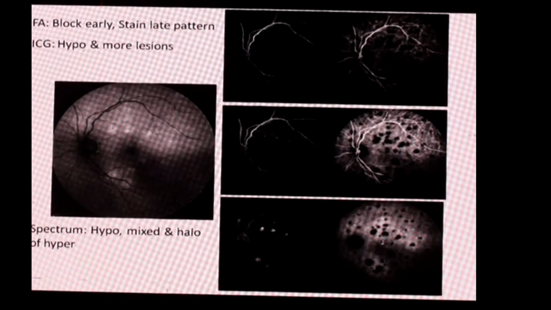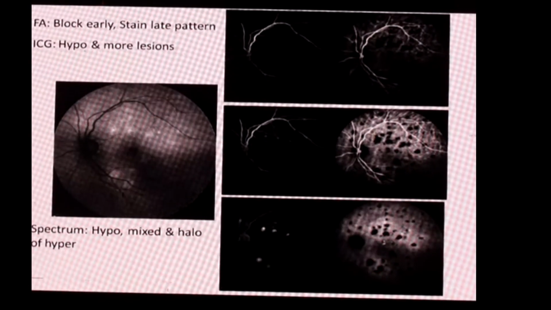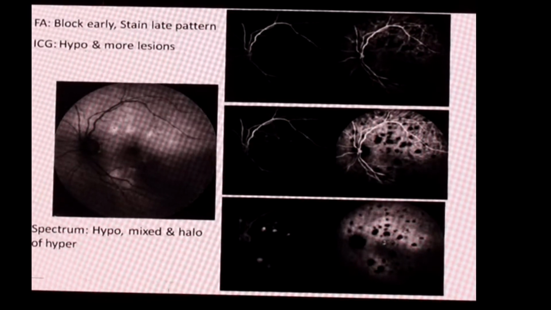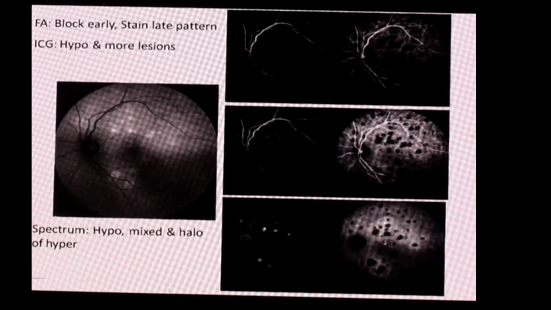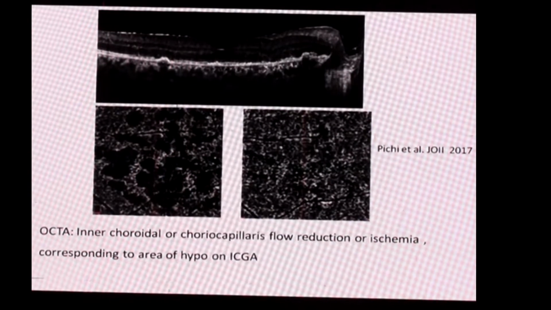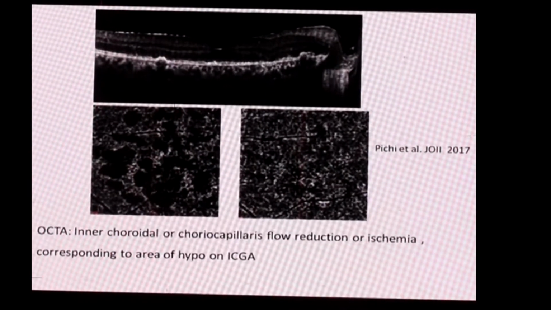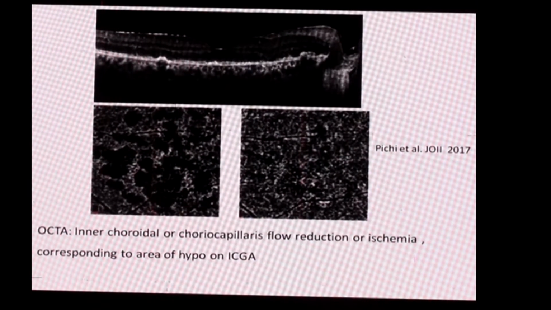And the autofluorescence shows mixed lesions. You can have hypo, you can have mixed hypo and hyper, and usually there is a halo of hyper around these lesions. Now when we look at the OCTA, this is something which has changed our thoughts about APMPPE,